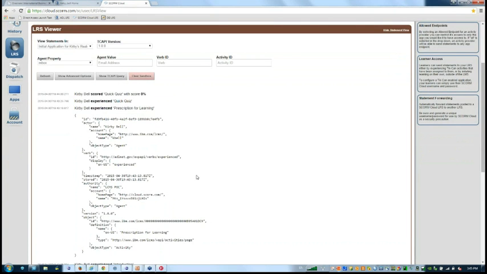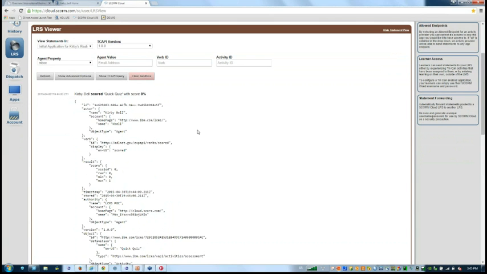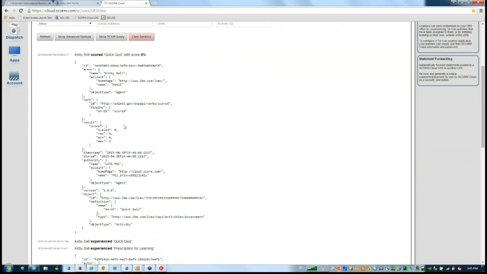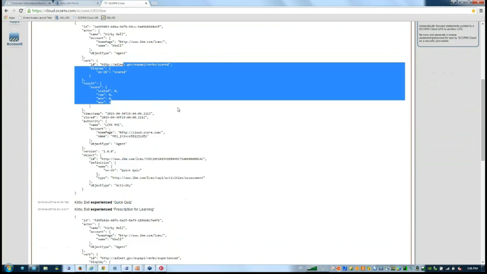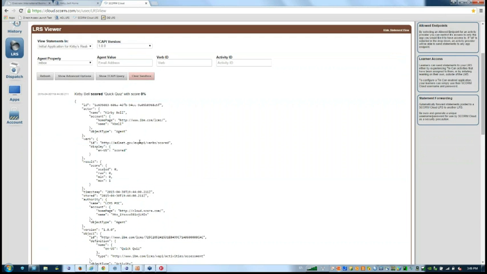Accessed, I translated to experienced. And IBM scored, I translated to the ADL scored verb. So that's a demonstration of the dynamic translation or mapping to a target LRS's vocabulary.